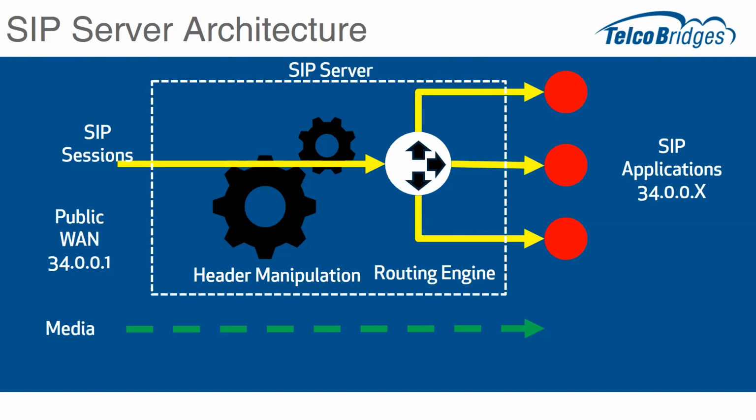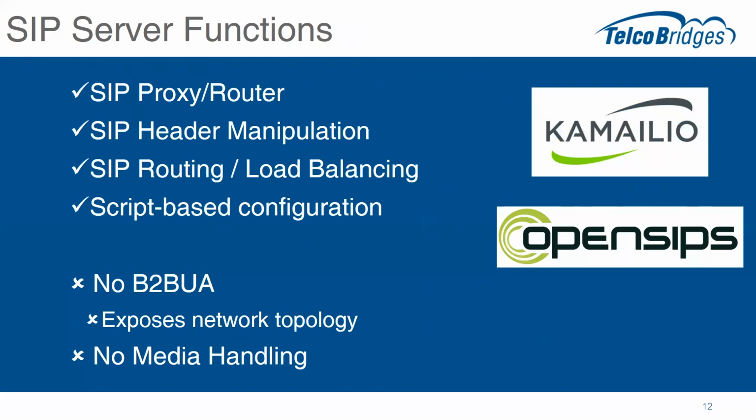Right. Yep, good point. So just a quick summary of SIP servers. There are a couple of really popular ones, Kamailio, if I pronounce it correctly, and OpenSIPS. They're usually used along with Asterisk platforms, but there are lots of other use cases for them, and they're excellent SIP proxy routers. They do a great job with SIP header manipulation, routing and load balancing. They're very efficient and lightweight. They are a little bit complex though, because they're script-based configuration, and a lot of expertise is required to figure them out. There's quite a bit of a learning curve involved.